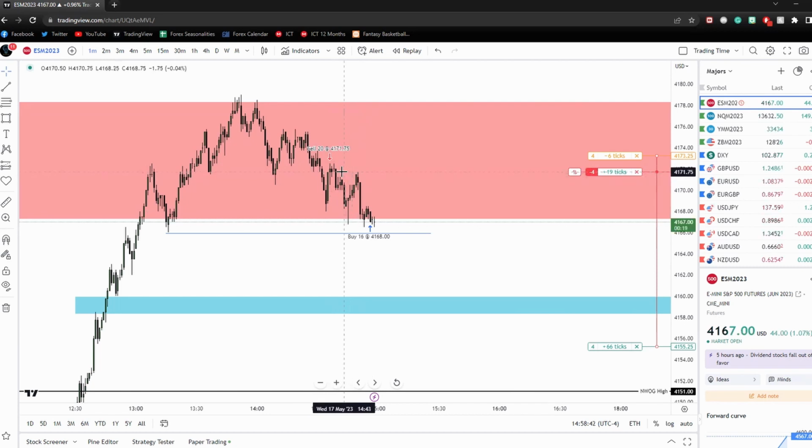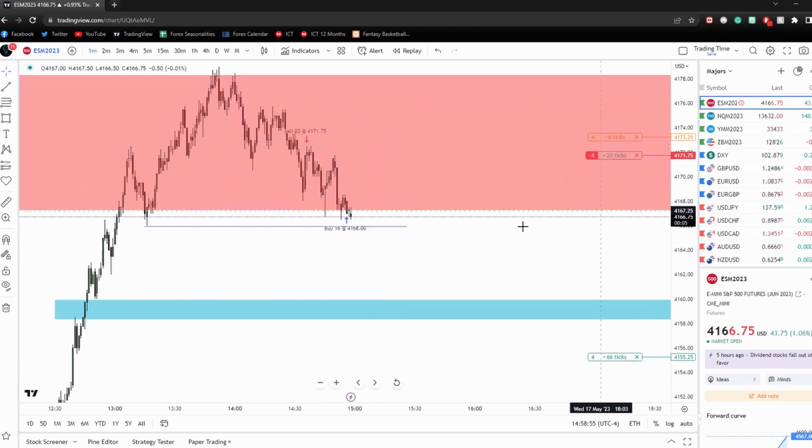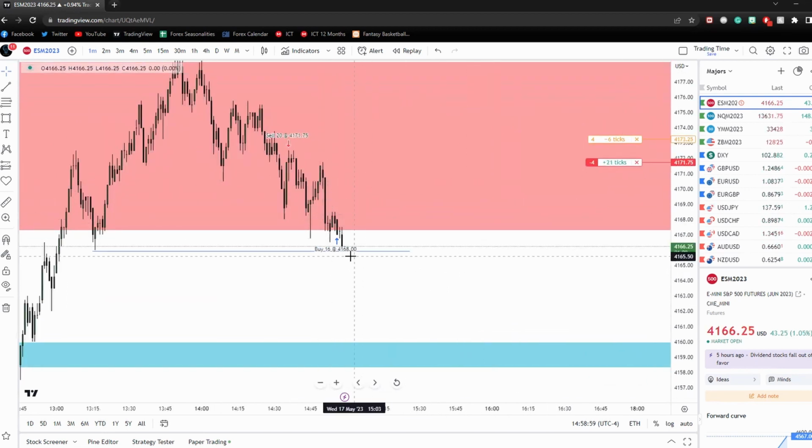And they say, hey, look, it filled this perfectly. Big displacement lower is what we'd like to see. Takes out this low here. Sells out the period resting below this low here, right? We're looking for maybe this run lower into this level down here, right? So if you guys want to take a look at this, you guys can, right? There you go. Price is dropping a little lower.